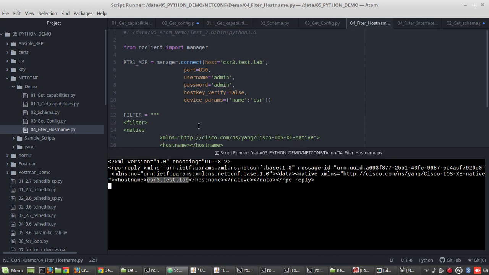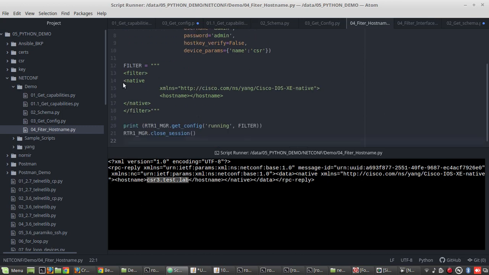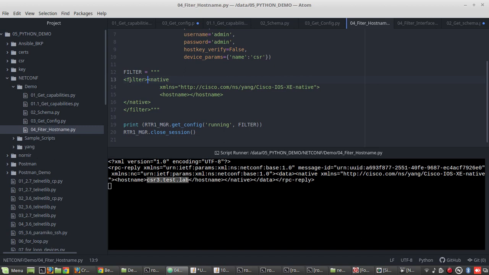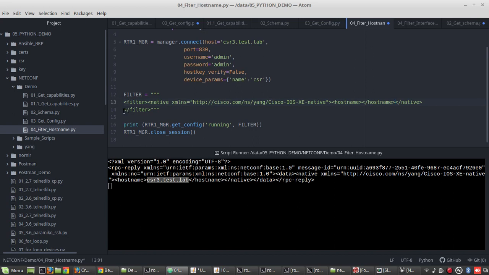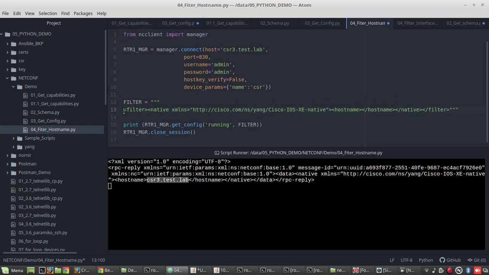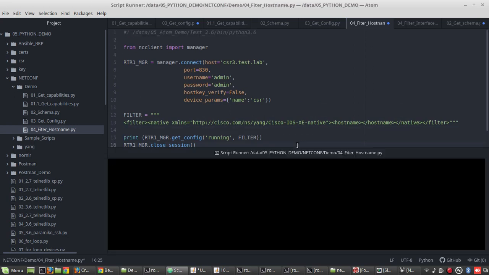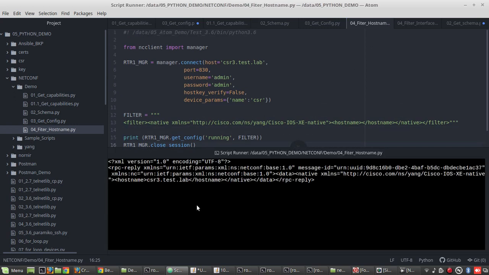Now if you want to make it a single line, it doesn't matter, it will work. Line and indentation doesn't matter inside XML. Now let's run it again. You can see I am still getting the filtered response.